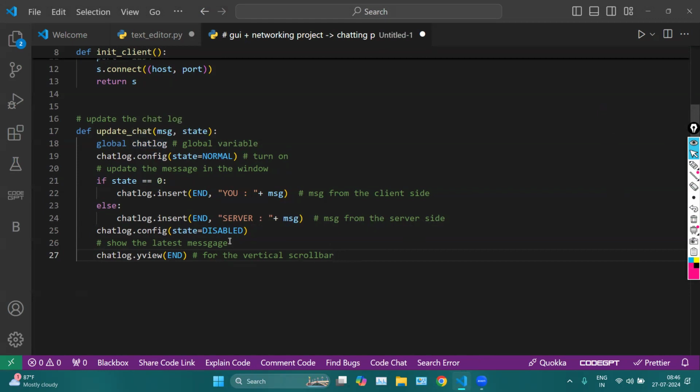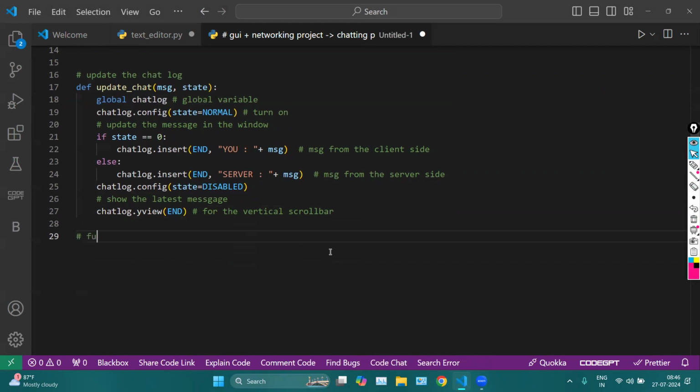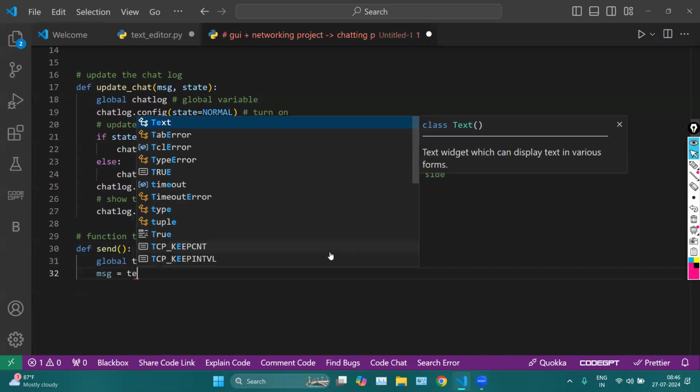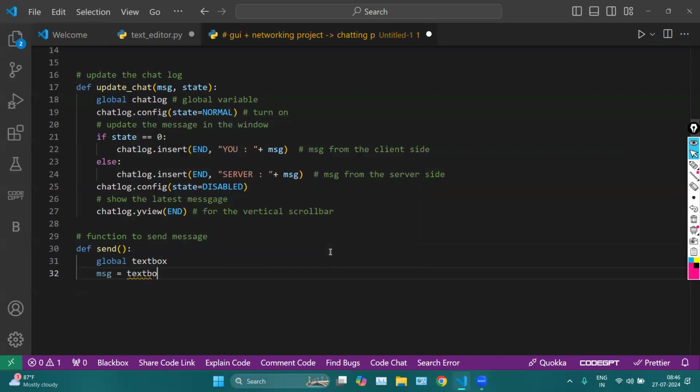Now we can create a function to send the message. Def send. Here I will again use a global variable, which is a text box. Then message equal, I will get the message from the text window. So text box dot get. Whatever the message in the text box, I will get it, and then I will update